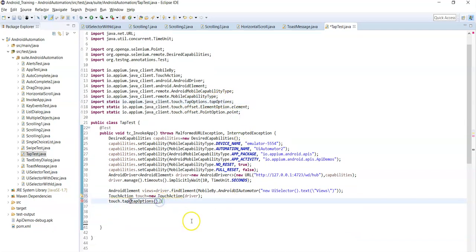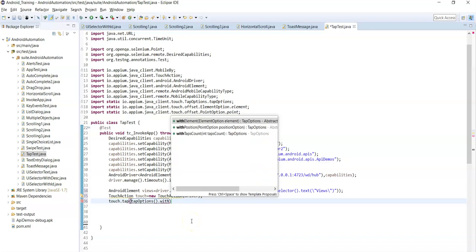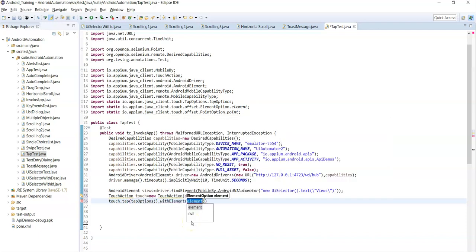Now dot withElement. ElementOption dot element, you need to pass the element on which you want to tap. This is the AndroidElement, right? So just copy and paste the reference variable of the element: element of views.